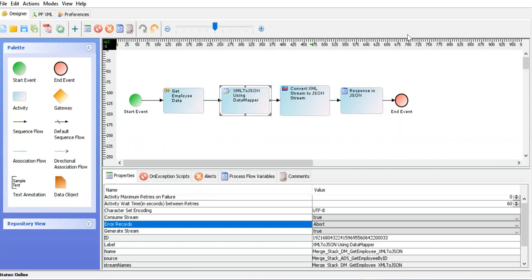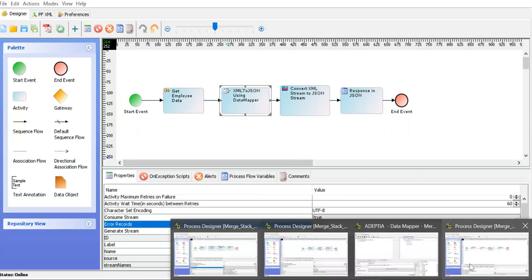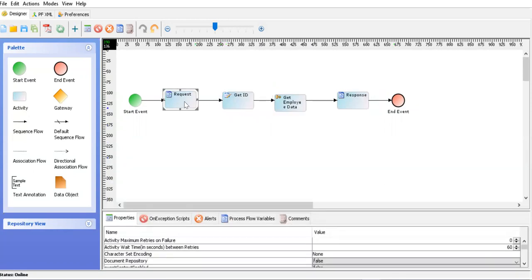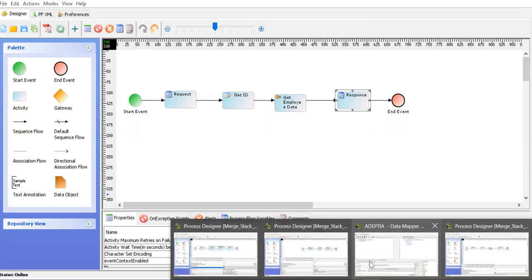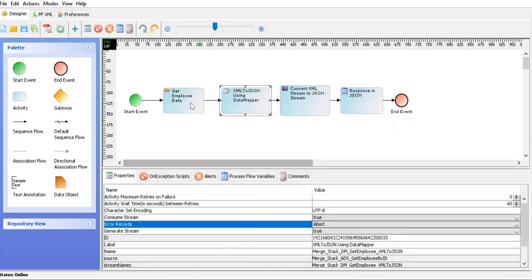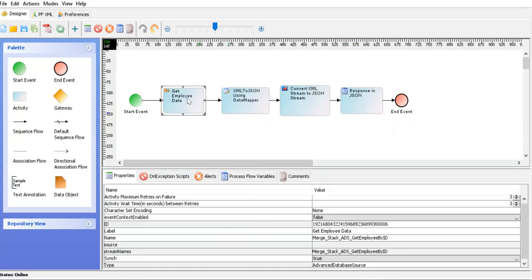So I've created two separate process flows to explain that. We'll explain it in a step-by-step way. Since we are not passing any body from the client now, we don't need any context source. So let me show you that old use case. If you see, this is a REST context source, then we retrieved the ID, then we use the database source, and then finally we use the context target to send the data back as it is, whatever we retrieved from the database source.